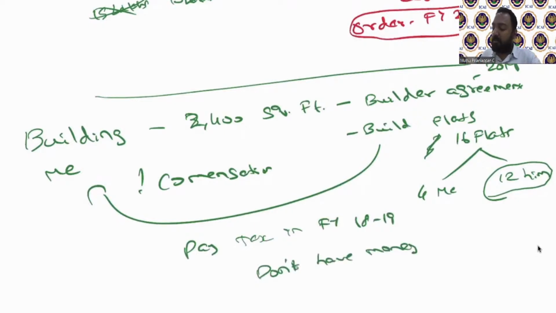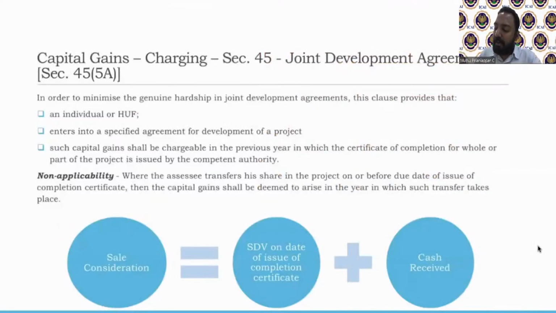So for this reason, in order to minimize the genuine hardship in joint development agreements, because joint development agreements are entered into in one year but revenue generation happens in the future, the first condition is that an individual or HUF enters into a specified agreement for a project. In such cases, capital gains shall be chargeable in the previous year in which the certificate of completion for the whole or part of the project